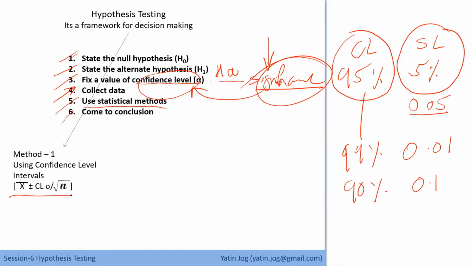Now in this confidence level interval formula, the first term is X bar. If you have data, you can calculate X bar easily. The next term is standard deviation. If you have data, you can calculate standard deviation also. Root n, the number of observations, is also known if you have data. The only thing you don't know is the CL value, that is the confidence level constant. I'll tell you how to calculate confidence level constants also for different intervals.